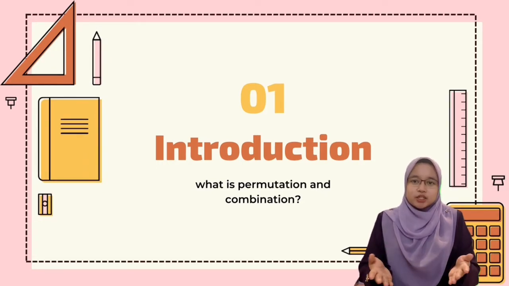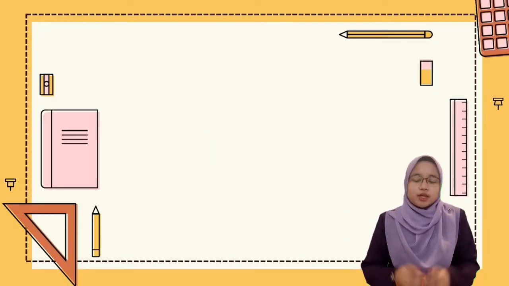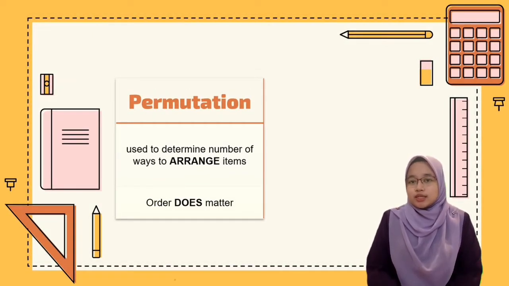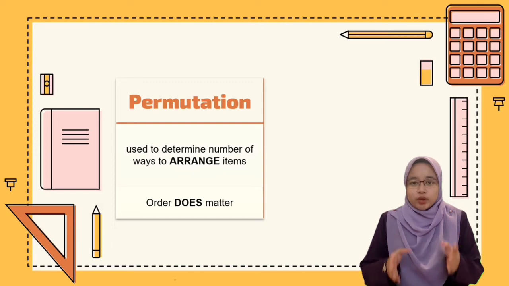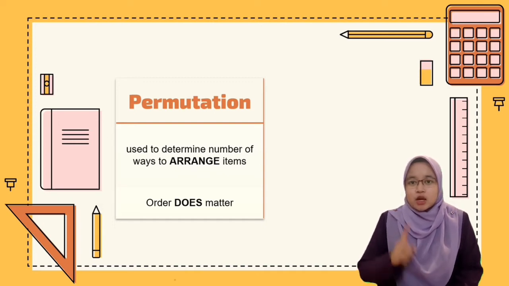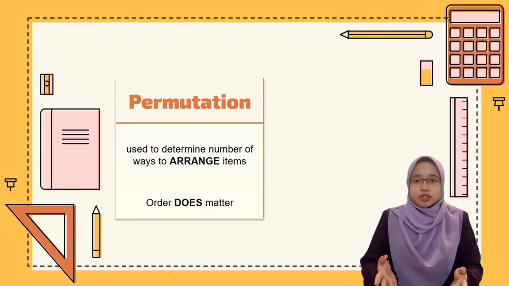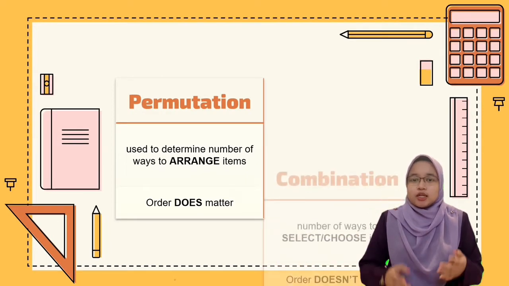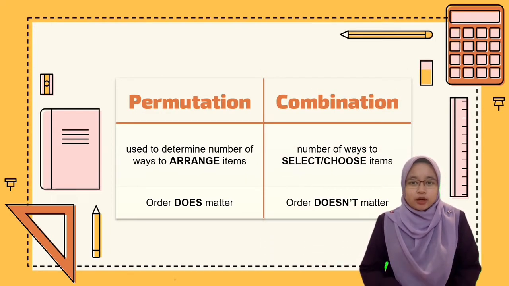I want to introduce to you the topic permutation and combination. So what are permutations and combinations? Permutation is a method used to determine the number of ways to arrange items. Remember that in permutation, order matters. As for combination, it is the number of ways to select items, and remember that in combination, order does